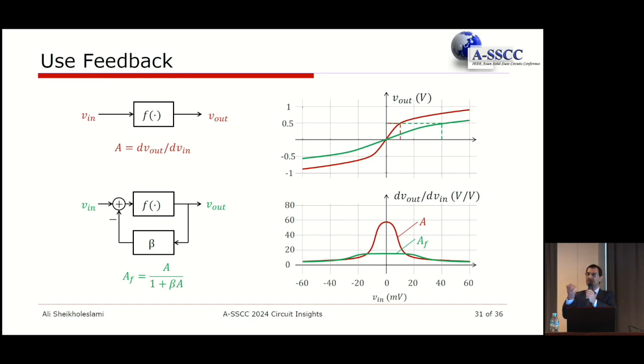What does that mean? It means that you're really not applying a large input signal to your nonlinear circuit anymore. By putting feedback around the circuit, you limit the range of input that is going to your nonlinear circuit. In a sense, it's not really magic. It's the fact that you decided not to use the nonlinear circuit when it's so bad. You just put a feedback around it, wrap it up, and now you're reducing the input that you're providing to your nonlinear amplifier. And that is the beauty of feedback and how it's applied.